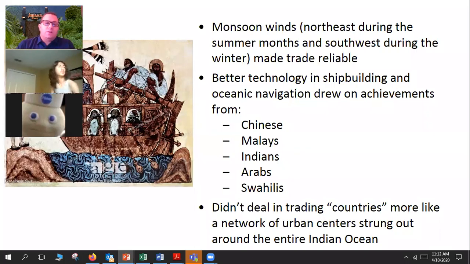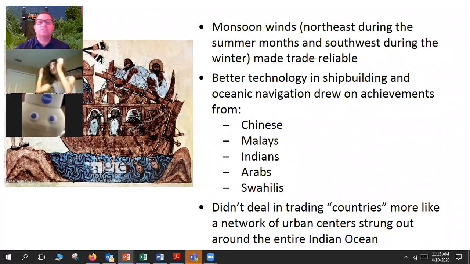You knew, okay, during this season, all of the ships are going to be headed to the northeast. Or during the winter, all of the ships are going to be headed down towards the southwest. We know that. These wind patterns are extremely predictable, okay? And so because of these winds, we develop much better technology as it relates to shipbuilding and as it relates